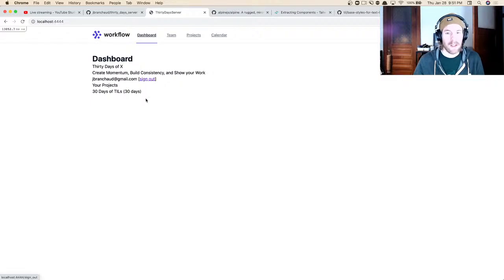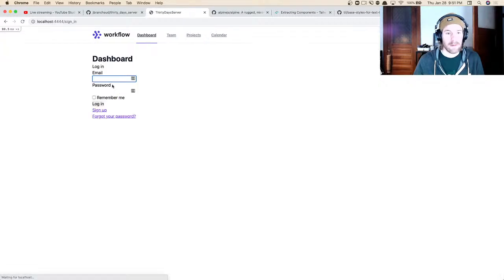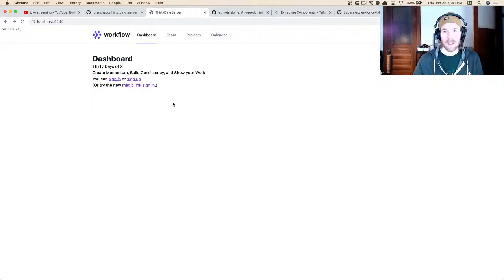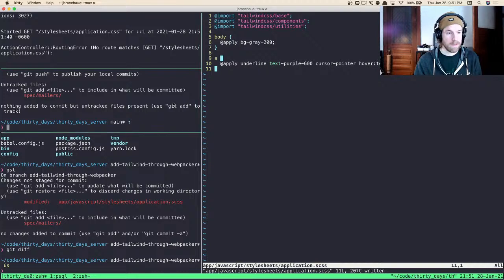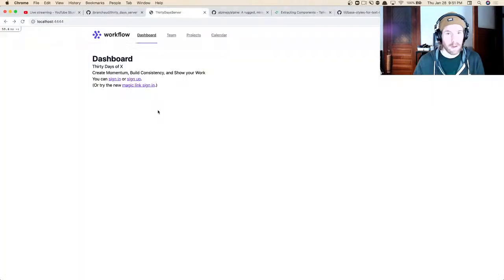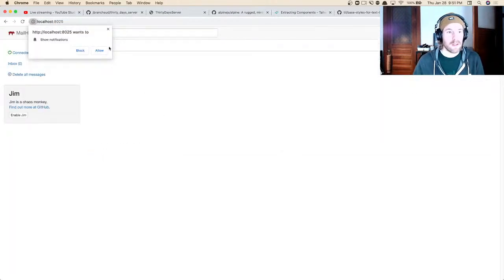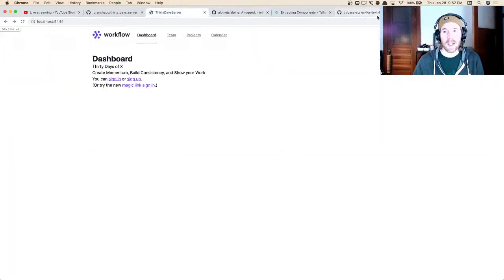Great. And so that is a link that stands out now, which is great. I can click on it and I'm signed out. Then I can sign in with the password flow, but I think first I need to get a mail server running. So I'm going to get Mailhog going, and that's going to be running at 8025. Okay, and then if I,